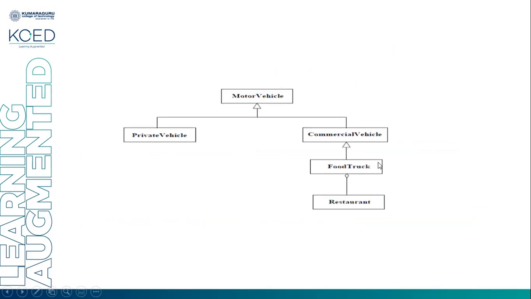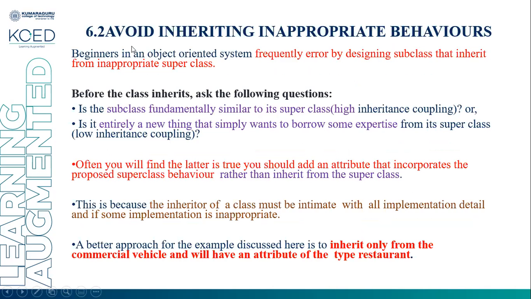See this example here, the food truck. It has only one ancestor. You can say the immediate ancestor is a commercial vehicle, and restaurant is made a part of the food truck. So this is the solution for the multiple inheritance problem. Avoid inheriting